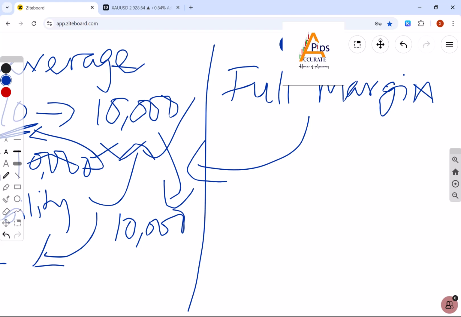So leverage in forex trading allows traders to control a large position with a smaller amount of money. It is expressed in ratio form. So we can have 1:10, 1:1. So 1:1 means if you have $10, you only get to trade $10. Then 1:50,